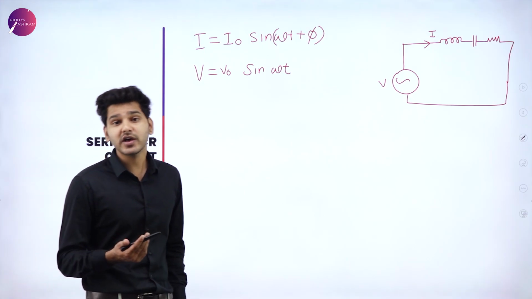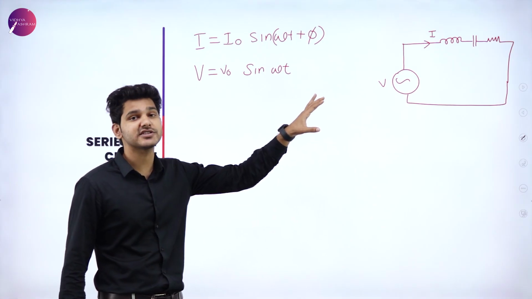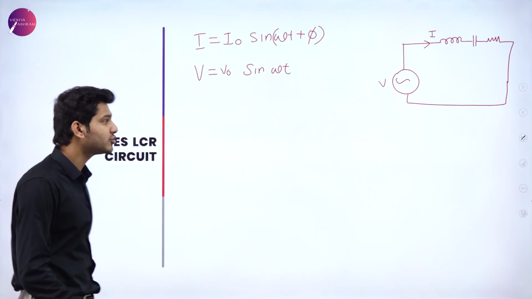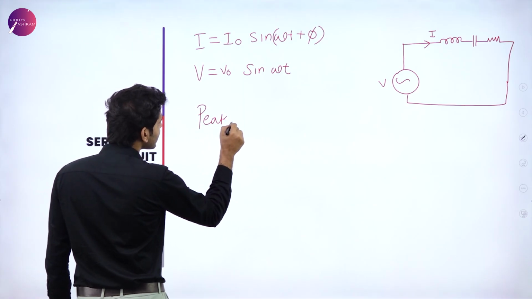So I do know one thing, the first equation that comes to my mind when there is voltage and current present, that is Ohm's law. So I do know that the peak value, that is peak value of